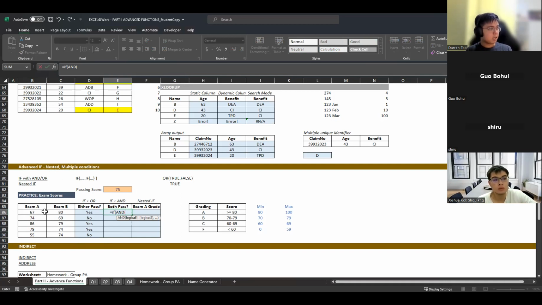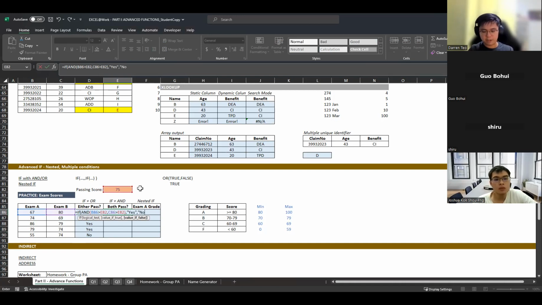So let's do this again. B86 more than the passing score, and the second condition is this one more than 75. Then you give me yes. By the way, it could be more than or equal to if you're a bit stricter, but the idea is the same.